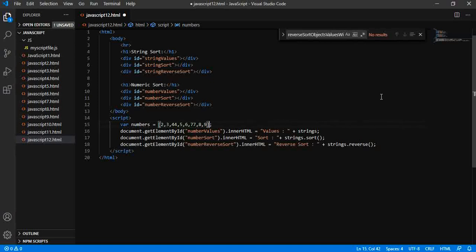So this is our number array. So in case of number, we have to define.